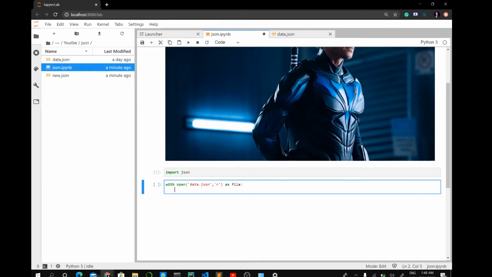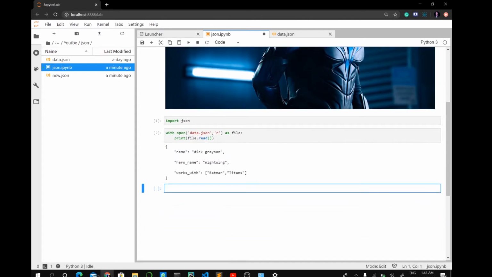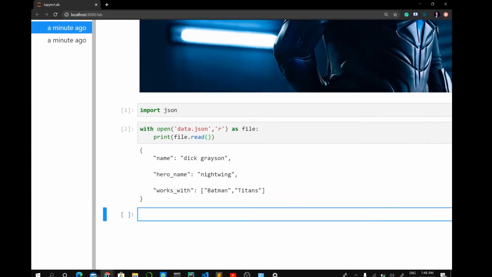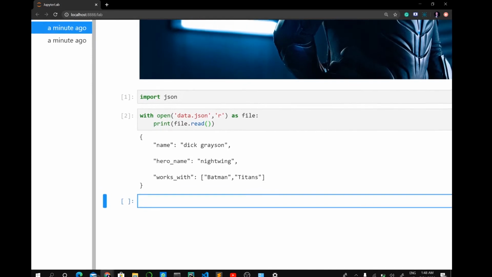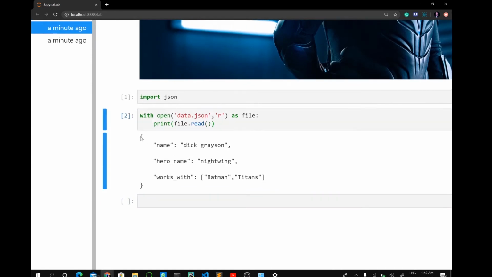First of all, let's read it simply. So print file.read. As you can see, I'll zoom a little bit. Yeah, so as you can see, it's printed right.